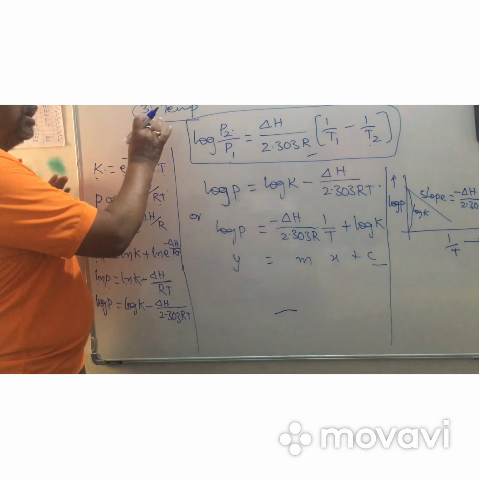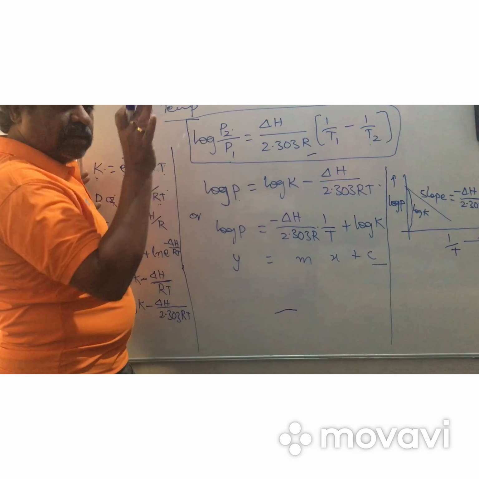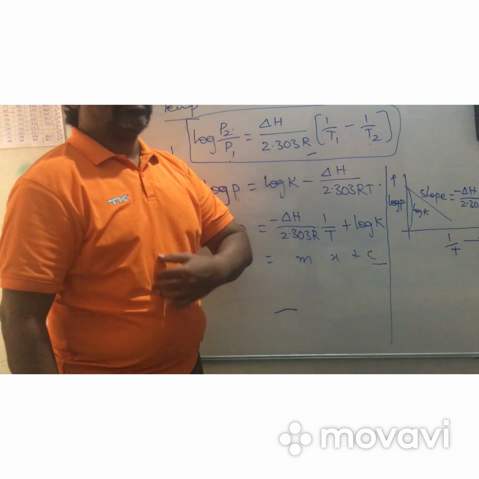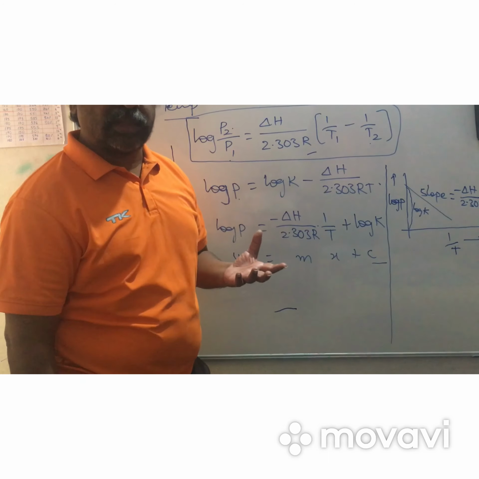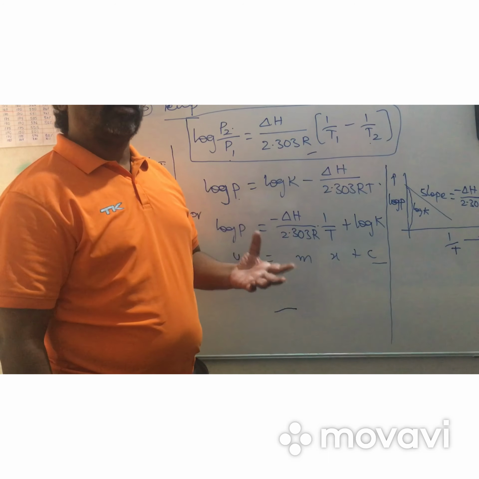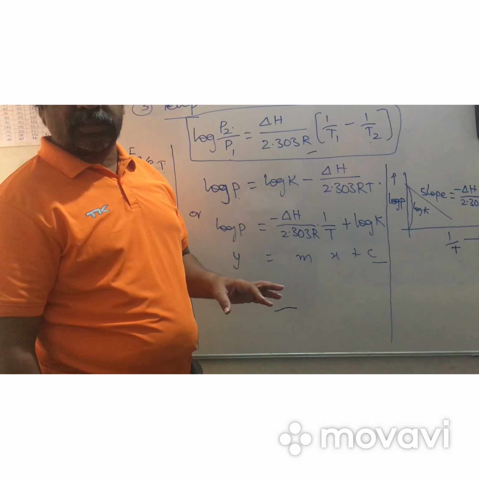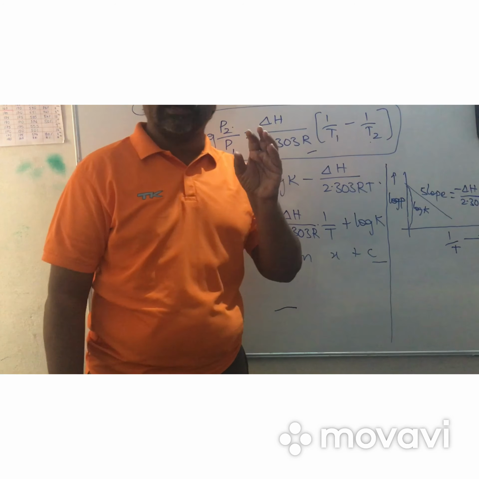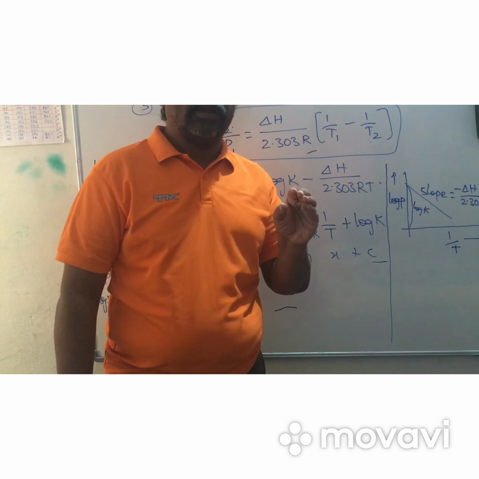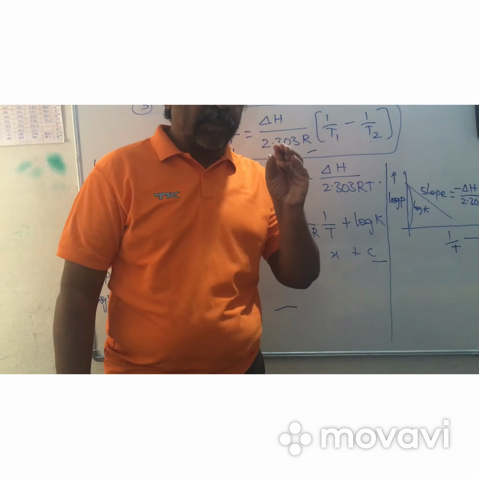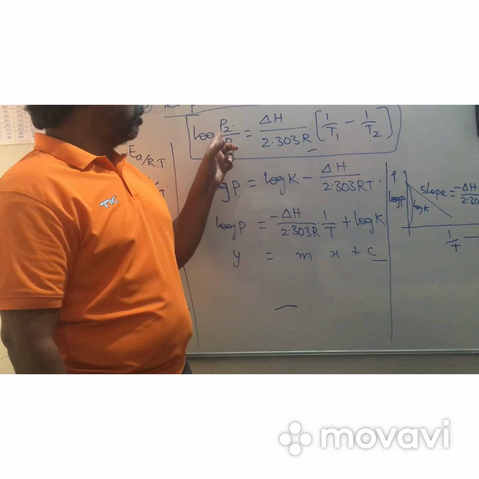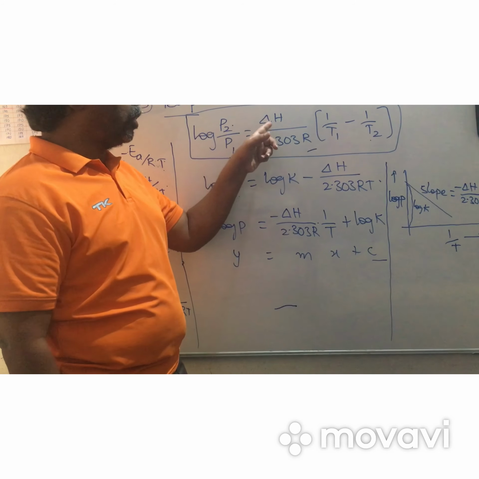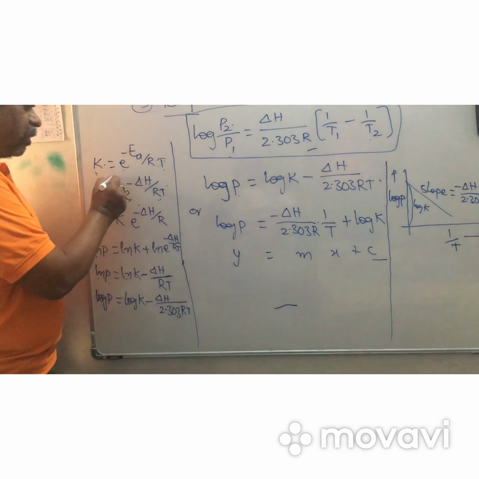Again I am telling you the temperature effect: as temperature increases, the rate of vaporization increases and the number of molecules which undergo vaporization also increases. So vapor pressure increases, but the conclusion is that as temperature increases, vapor pressure increases exponentially. So you have to apply logarithms. When the logarithm is applied, log P2 by P1 equals delta H over and so on. The actual derivation is this one.